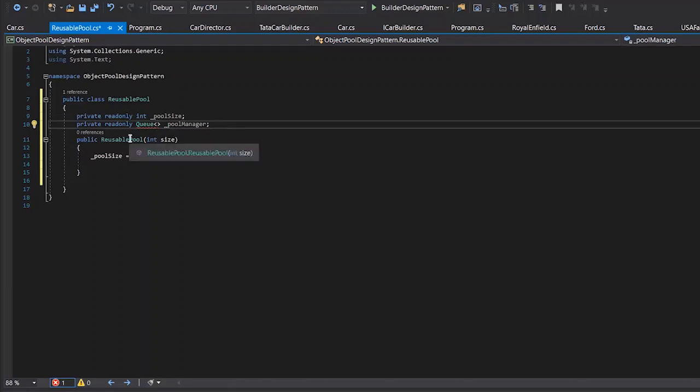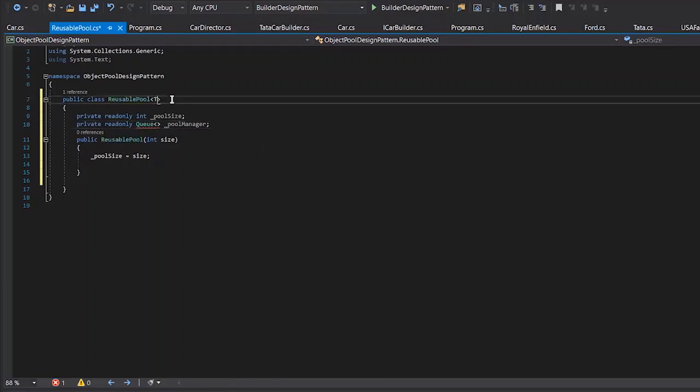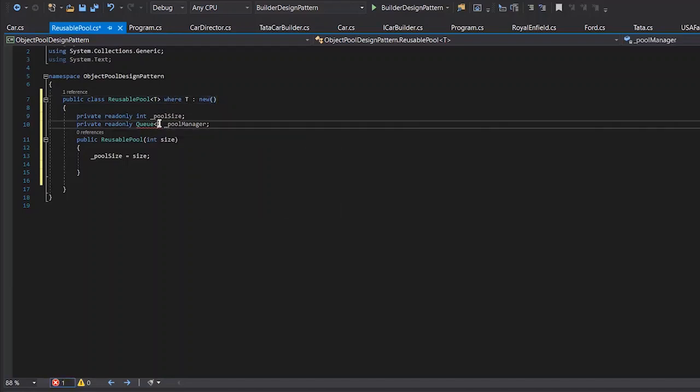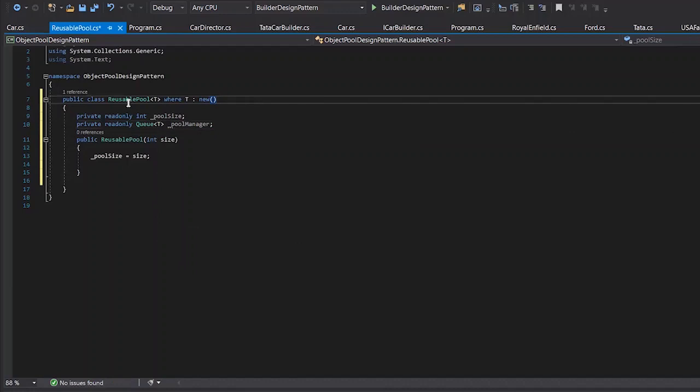Also, let's try to make it generic. I've made this reusable pool generic, where any type of object can be passed. This reusable pool is not necessarily associated with a car.